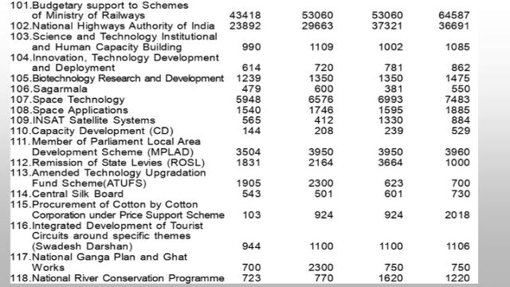Then budgetary supports to schemes of Ministry of Railways. Item number 101. That is almost 64,587 crores. Friends, as the railway budget has been abolished, now the railways also are shown under the union budget. So the government of India is giving 64,587 crores to the railways. Then the next highest allotment was given to NHAI, National Highway Authority of India, some 36,691 crores. And if you see item number 102, the original budgeted plan was only 29,663 crores, but it was